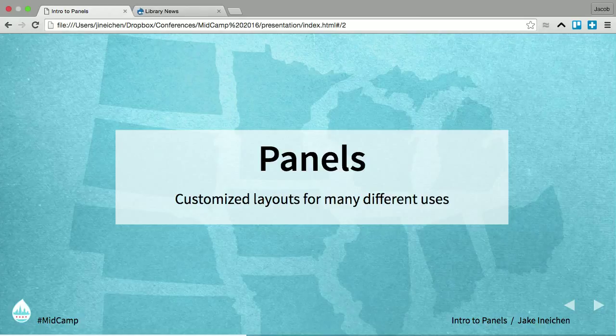For those of you who don't know, let's do a little gauge. Who here has not used panels at all before? Okay. Who's used it a little bit? Who used it and hated it? No? Okay. All right, so panels is a module that allows you to create customized layouts for different uses on